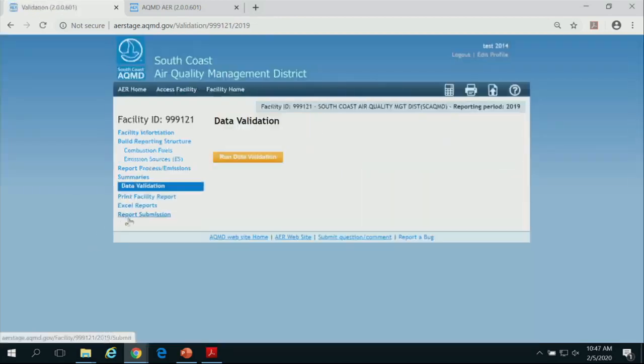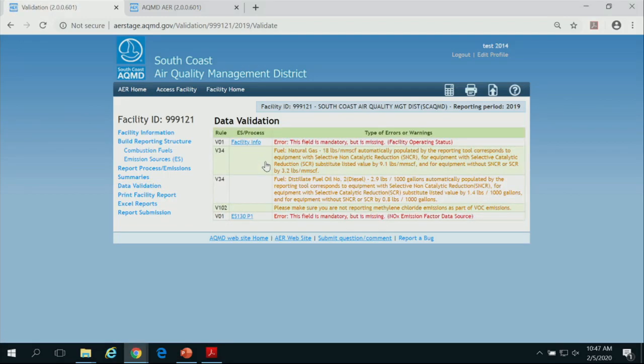So now, I guess, data validation. This is a feature that allows you to run a validation to make sure there is no problem. Run the data validation; depending on how many equipments you have, it takes accordingly. You get two types of issues here. If they're in orange color, that means it's a warning, meaning you can submit without taking any actions, but FYI, read those because it helps you polish your emission data better.